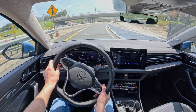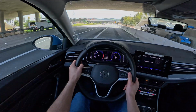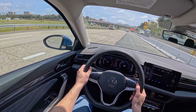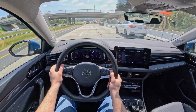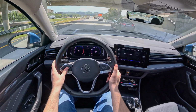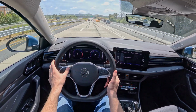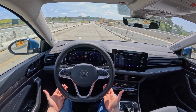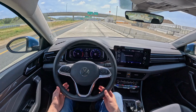My next pro coming out here on the highway is the Jetta's IQ driving assist active lane keeping functionality. We did the highway fuel economy test on this and it worked nicely. Doesn't beep at you obnoxiously, keeps the car nicely in the lane. Let's see if we can engage it right here. Get up to about, let's say 65 miles per hour, set. And even in this fairly beat up construction-y sort of area, we are getting,